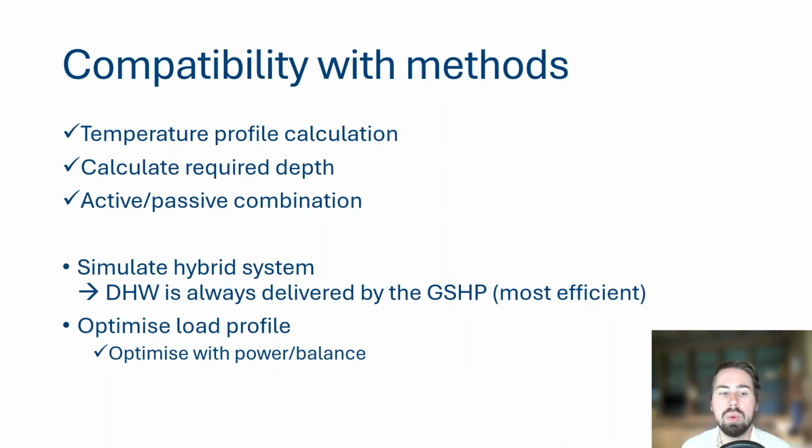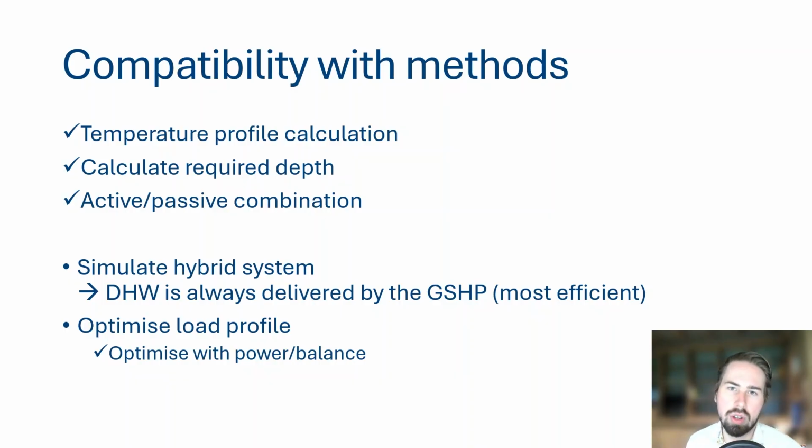whenever we have to limit our peak power on the ground, we can choose whether we take away part of the domestic hot water or part of the heating. And the way this method is now set up is that we first take away part of the heating and keep the domestic hot water as long as possible on the ground source heat pump. In the future we will add more flexibility to this method, but at the moment that's how it is implemented. So let us jump right into GHEtool Cloud, and I will show you